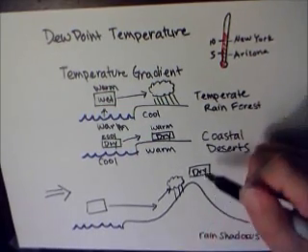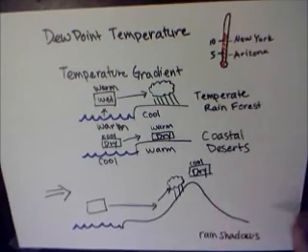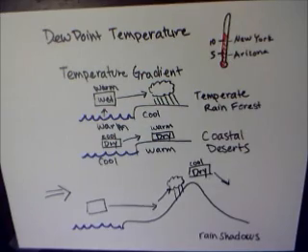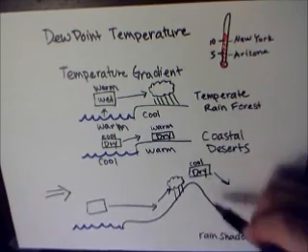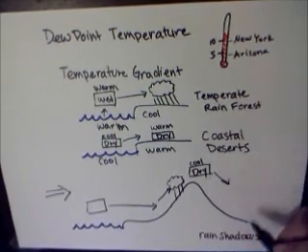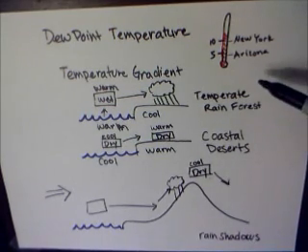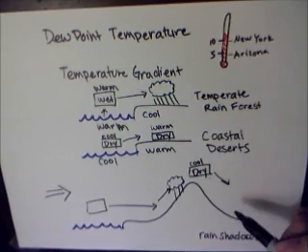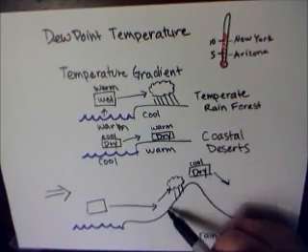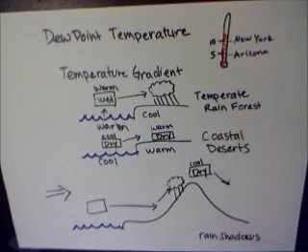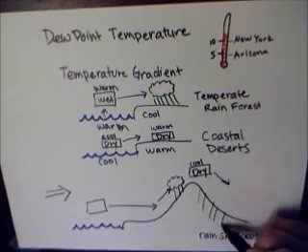So you have this cool, dry air, and if the wind's still blowing this way, it's going to continue and potentially even fall in elevation, and as it falls, it warms. Again, it's dry, and if it warms, it's going away from its dew point temperature. So it's not going to condense, because first of all, it has lost a lot of its water vapor, so there's not very much of it there to condense, and then as it continues to move and fall in elevation, it moves away from its dew point temperature. So this is where you get these rain shadows.